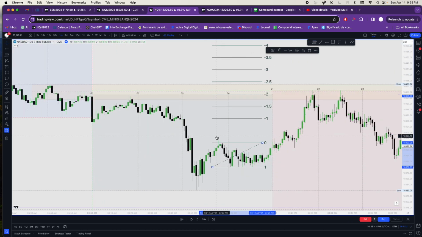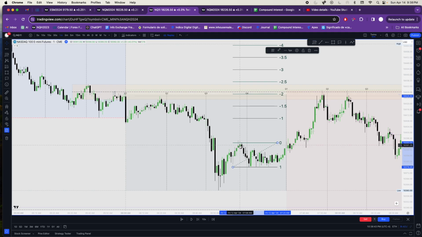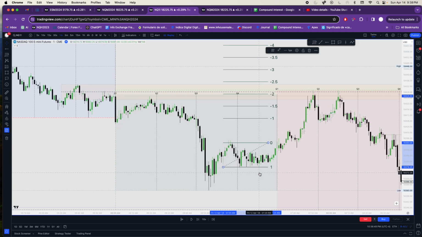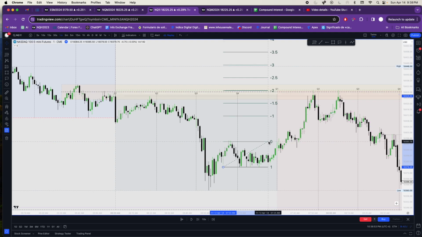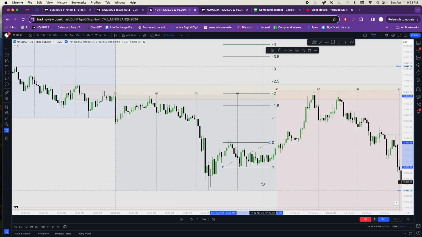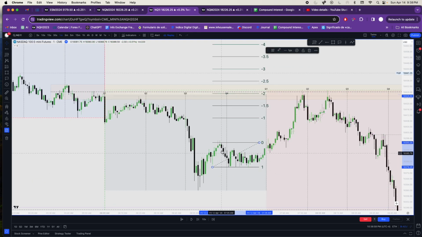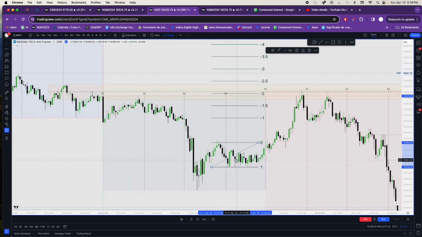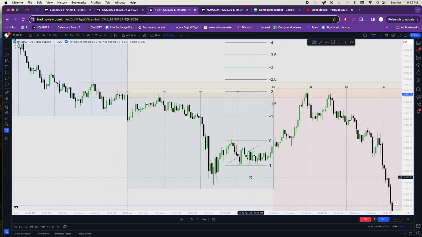So this is our order block, bullish order block or change in state of delivery, right? You can go higher here. Put those right here. And what do we say we want to do? Find manipulation, accumulation, manipulation, distribution. I don't see any manipulation here. But what I do see is accumulation,